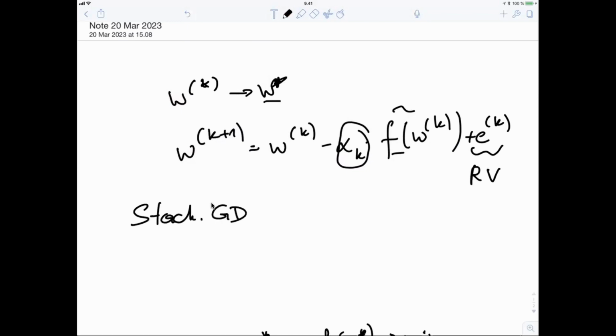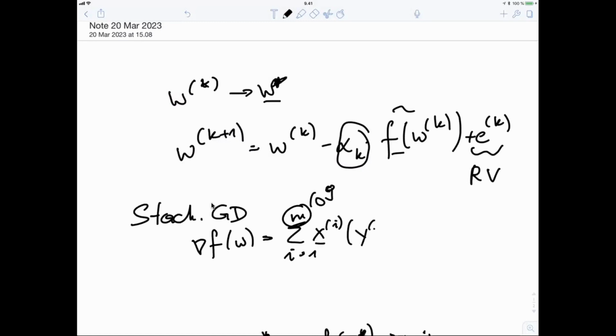Stochastic gradient descent. And the idea is, instead of computing the gradient, which for linear regression looks like a sum over all data points in your training set, and the training set might be billions, 10 to the power of 9. So we don't want to compute the sum, but instead, in this sum we have something like the feature vector of the ith data point, label of the ith data point minus feature transposed weight vector, something like this.